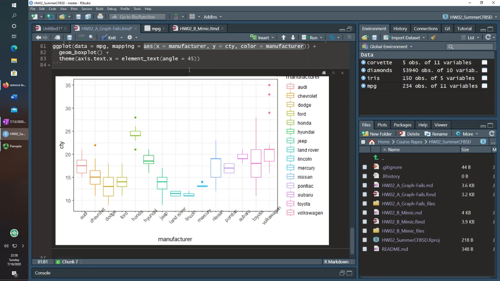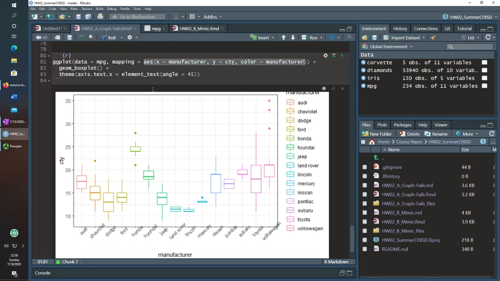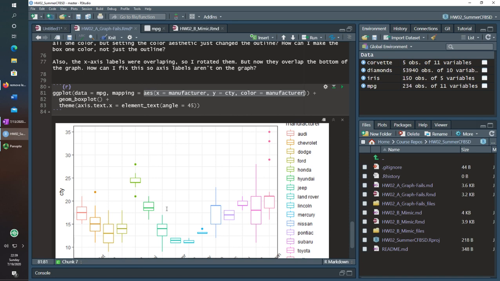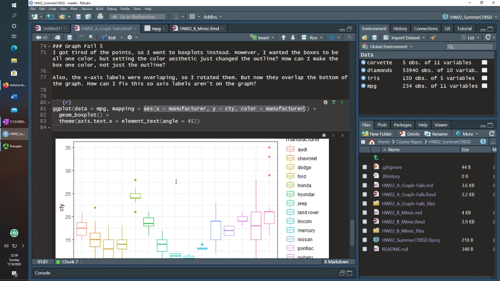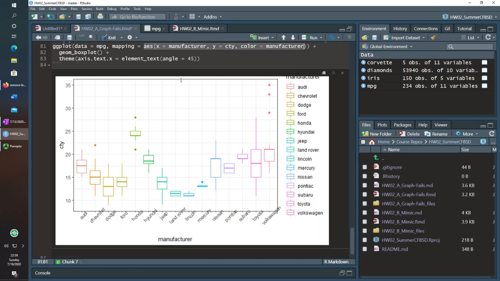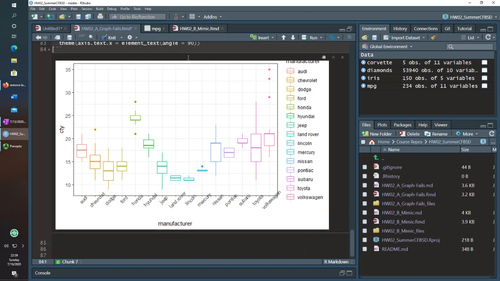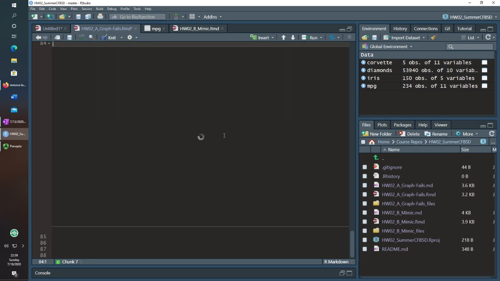So you can see what happened here is that you turned it 45 degrees, but then it starts overlapping with the bottom of the axis. Why is that? So you can see that element text is able to set to 45. If I wanted to, I could do 90, and you'll see that it actually puts it on the side.